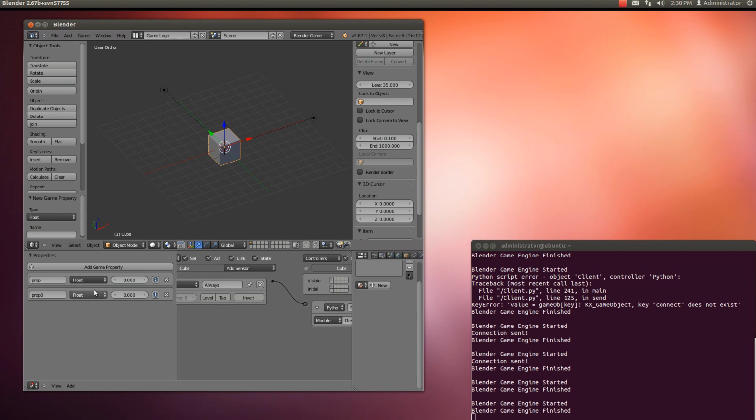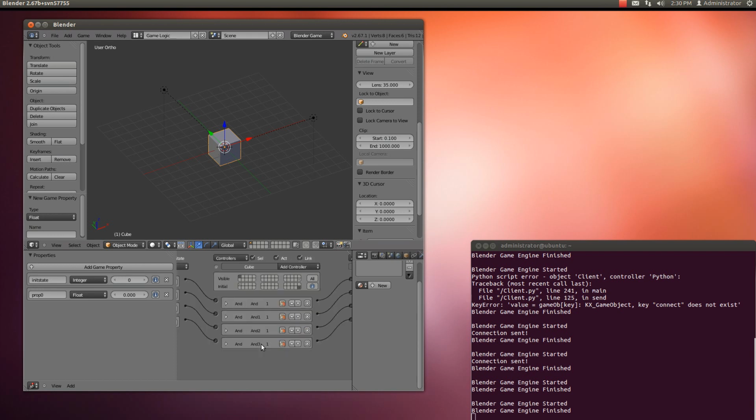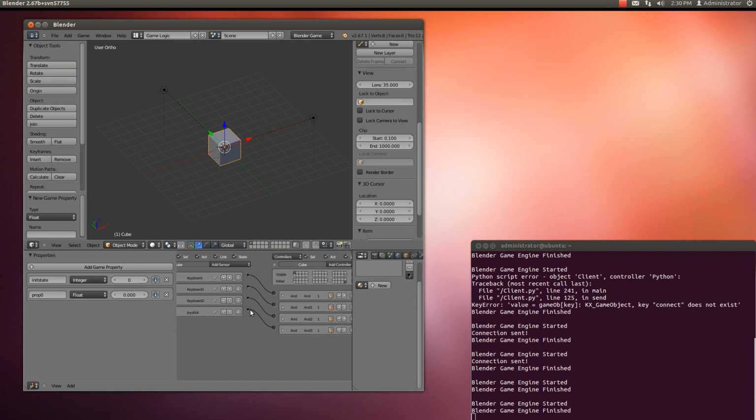Now I need 2 properties here. The first one will be init state. This init state is the initial state, basically. This is the first state, or the state that's going to be on, so I'll just set it to that. But it just goes to the state after it's registered. What state does it go to? And then finally, client obj,